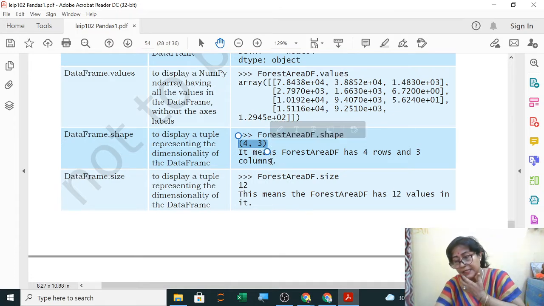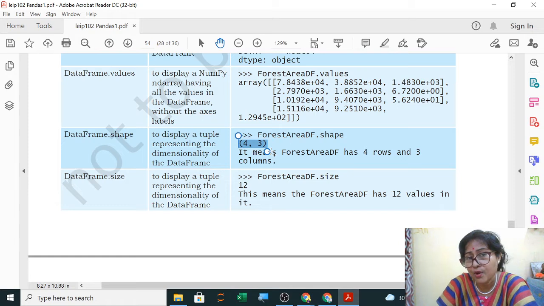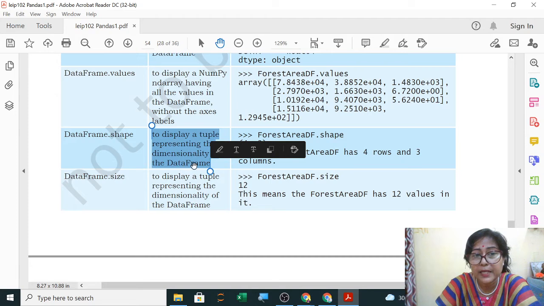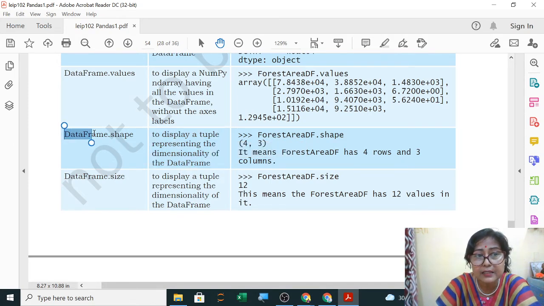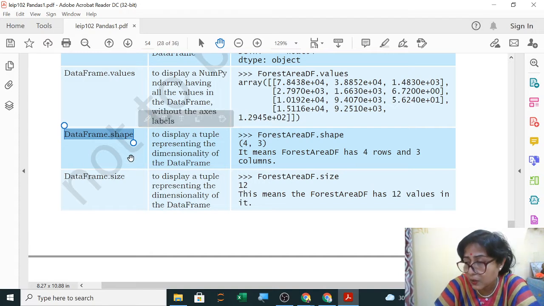This time I will share with you the Google form only. So you will write the answer without any space. Don't put any space, only write, open the bracket 4, 3. If it is having 4 rows and 3 columns, you will write 4, 3 and close the bracket. Clear? And if you are asked to write the command to display the shape, or rows and columns, then you will write this answer. This will be your answer.